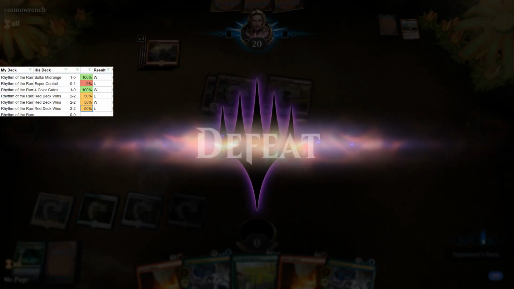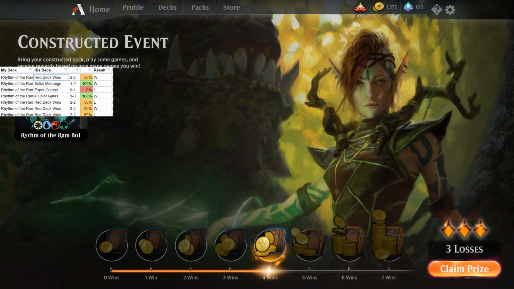So let's bring up the spreadsheet again. We'll do a quick recap here. So I put in that last loss. So we lost to red deck twice. We beat red deck twice. So it's a 50-50 match, but